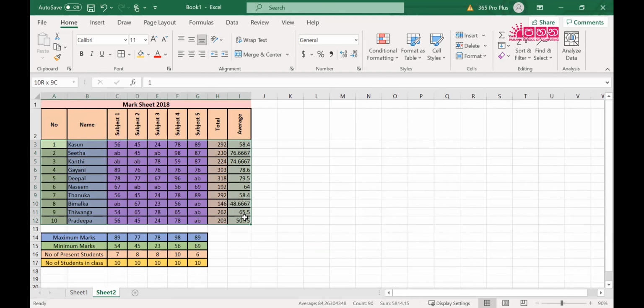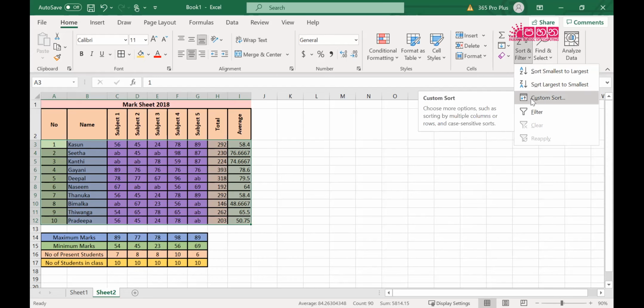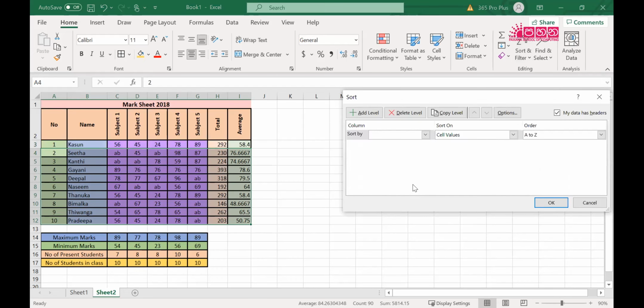This is the range that I'm going to select. And then you go to sort and filter. Here you can see sort and filter. You click on this and then select custom sort. Why I'm saying custom sort, it depends on what exactly you want to do.